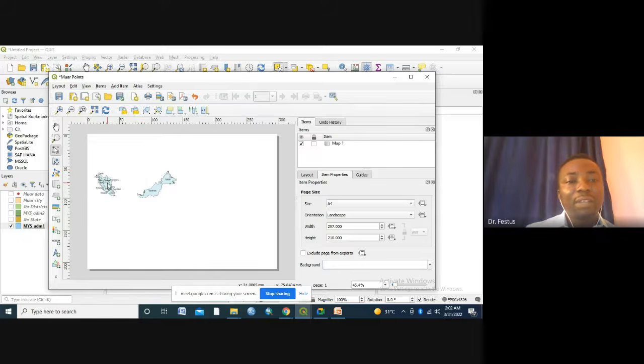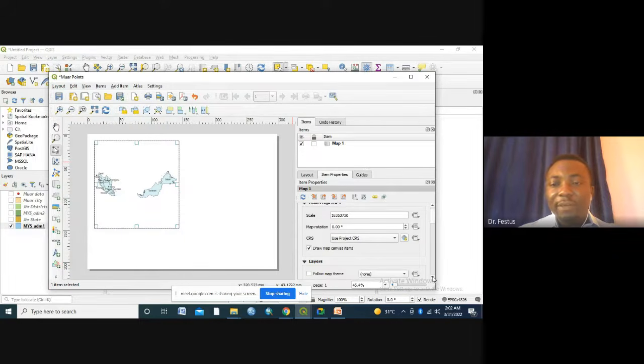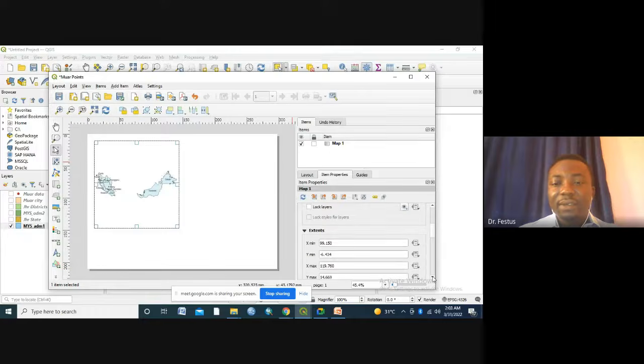So I will click on the map again. Now I want this border to be permanent. So what I will do is come to the right-hand side, you see item properties. Anything you want to do with this map, you can do it here. So then you will go down here. Just keep moving down until you get to